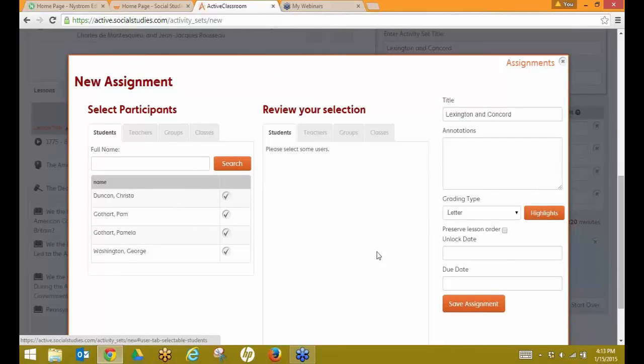Okay, you should be prompted to a new window that says new assignment. Your assignment is already titled because this is the one we're working from. You can now assign this to individual students, groups of students, or classes. Now, I'm going to click over here to where it says classes,